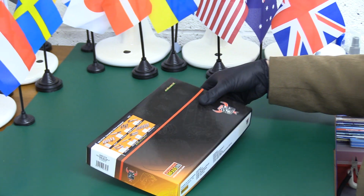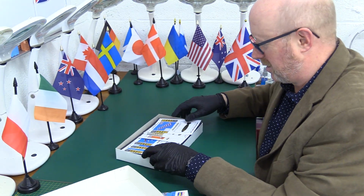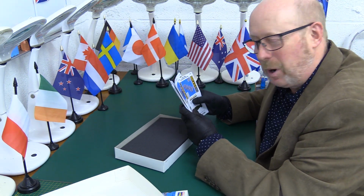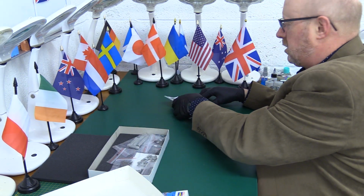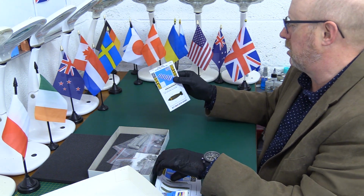So let's have a look what's in the box. Looking forward to this because they're always good, aren't they? So you always get separate instructions for each weapon, which I like, keeps it simple. Nice bit of foam. So let's take them one at a time. I think try and make sense rather than go back and forth. So we're starting with the British